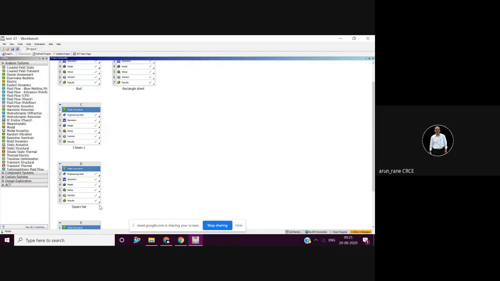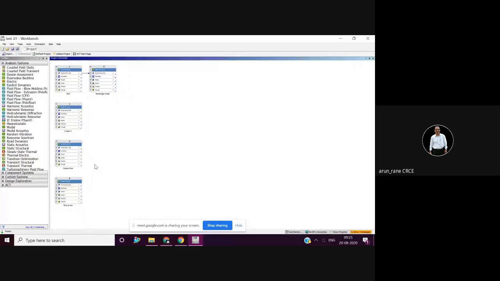Now I have some models here. Let me delete some so that there are no repetitions. Let us concentrate on round, square, and I-beam. I'll delete one.